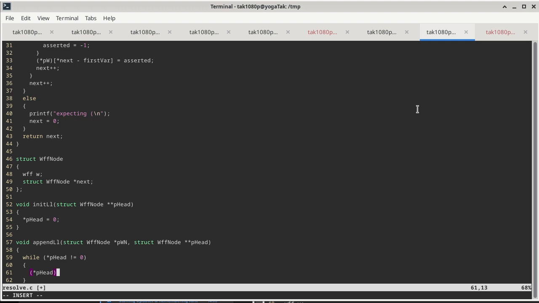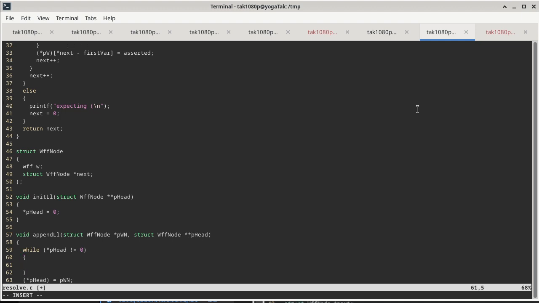So we need to change whatever p head is pointing to, which is a pointer to a struct WFF node. We change that to the pointer to the node that we are passed with, like this one. And then, oh, I take it back. Sorry. This is what we do when we get out of the loop, because this is after we have found the end of the entire linked list. And over here, we have not found the end of the list, so we have to chase down the whole thing. So basically, p head